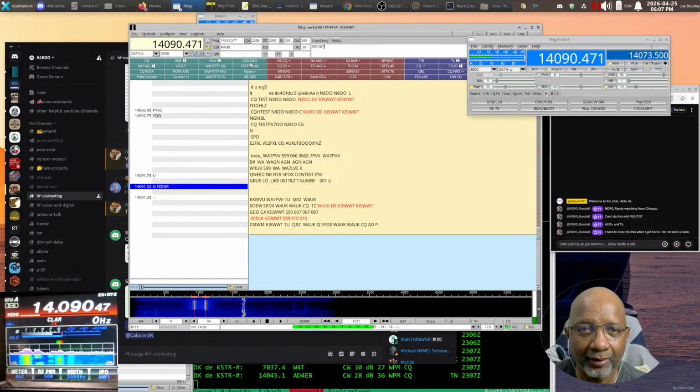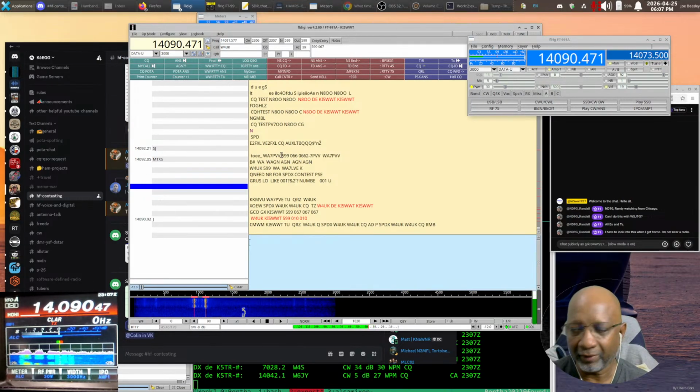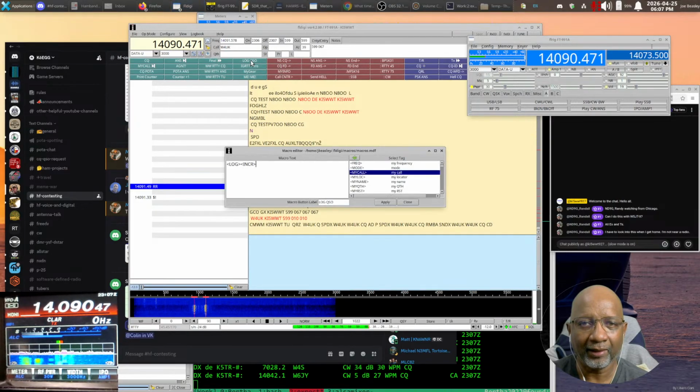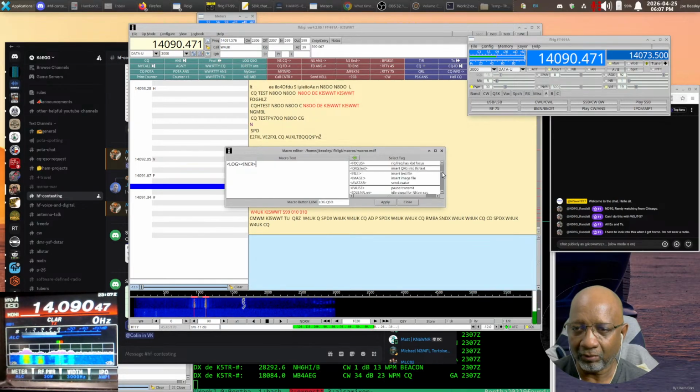And have to make sure you log it. Now you could log these separately in whatever log program you use. I just use it in FLDigi because it'll keep track of the number. And again, if you look at this button for log QSO, when I right click it, it says log and then increment the counter. So if you look over here for log somewhere,